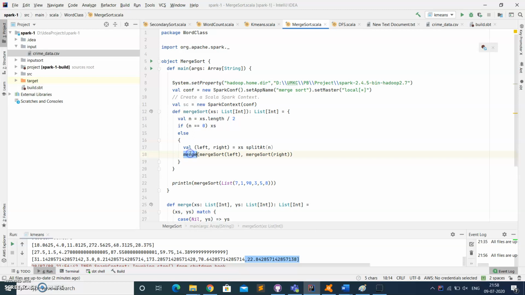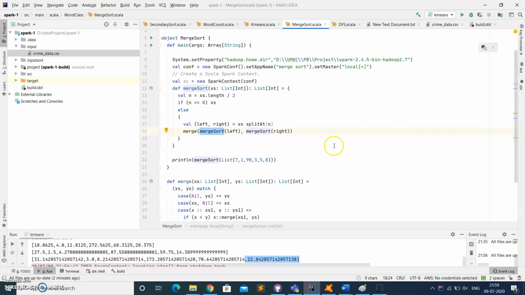Then we'll pass this left and right to the merge sort function. The left will be passed to merge sort, and right will be passed to merge sort separately. This merge sort is a recursive function where we'll split the list into two, and it will again undergo the merge sort until the center becomes 0.